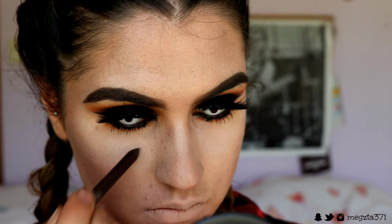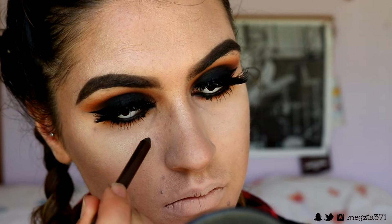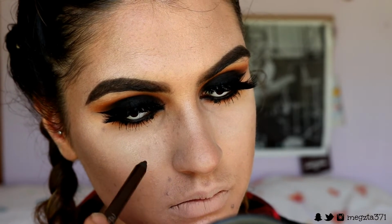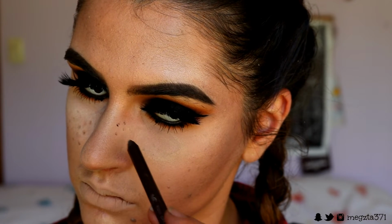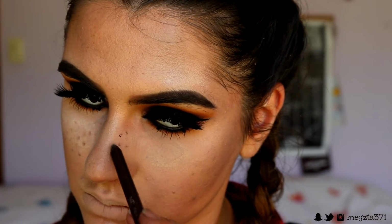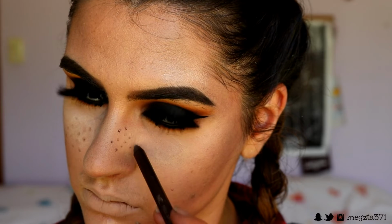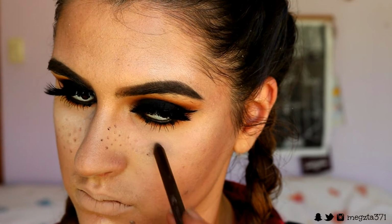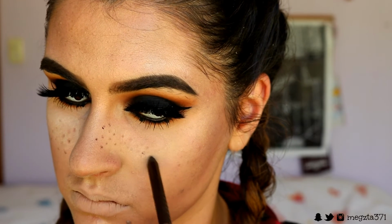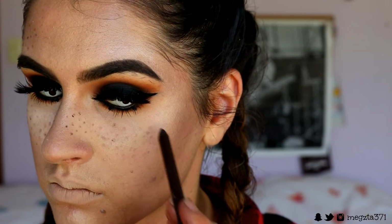Next, moving back onto the face, I'm creating little faux freckles. So I'm grabbing this eye pencil from Makeup Geek in the shade Espresso and drawing little dots here and there, just wherever I feel is necessary. Little ones, more deeper pigmented ones to recreate little sunspot freckles that a scarecrow would have from being in the sun all day. So I'm just placing this all over from the side of my nose, not on the bridge. I don't want to put any on the bridge of my nose,